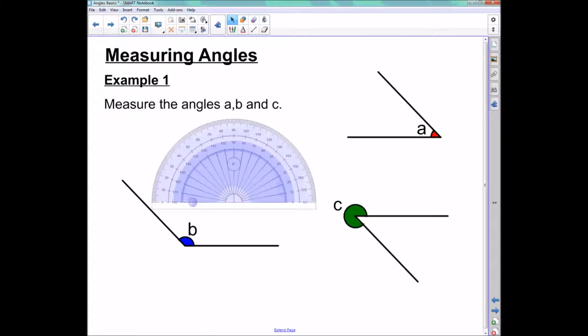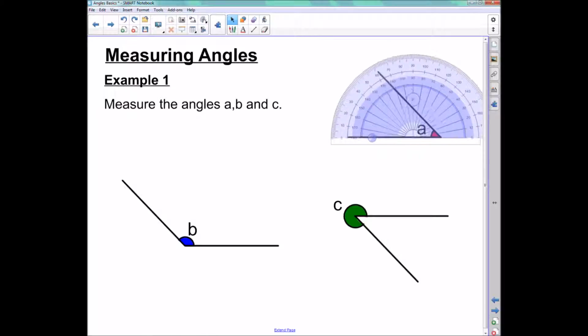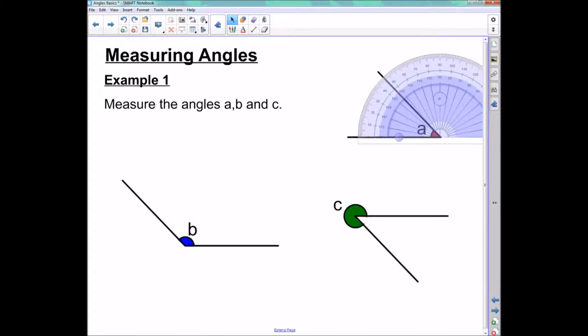Okay, so back to my question where I want to measure some angles. All right, so I'm going to firstly start off by measuring angle A. Now what I need to do is I need to start off by putting my origin, which you remember was the center of the protractor, on the corner of my angle. So there I'm putting my origin on the corner of my angle. Now the next thing I need to do is I need to line up my 0 line with one of the lines of the angle. Now it doesn't matter which, but as you can see here, I've got the bottom line matching with the 0